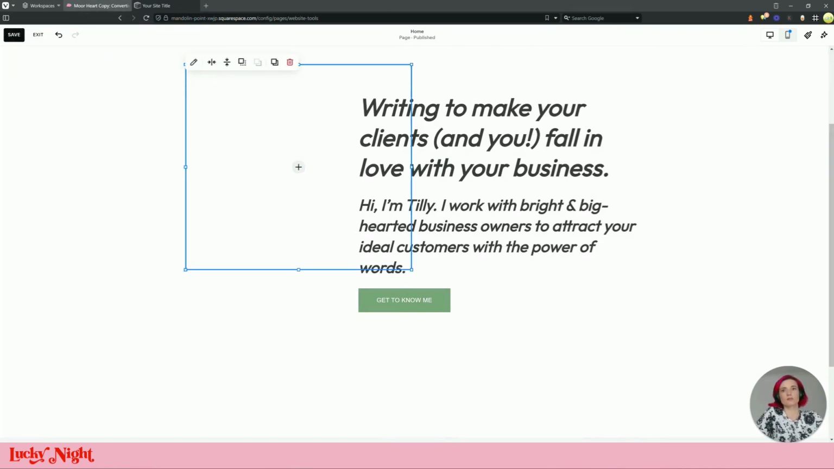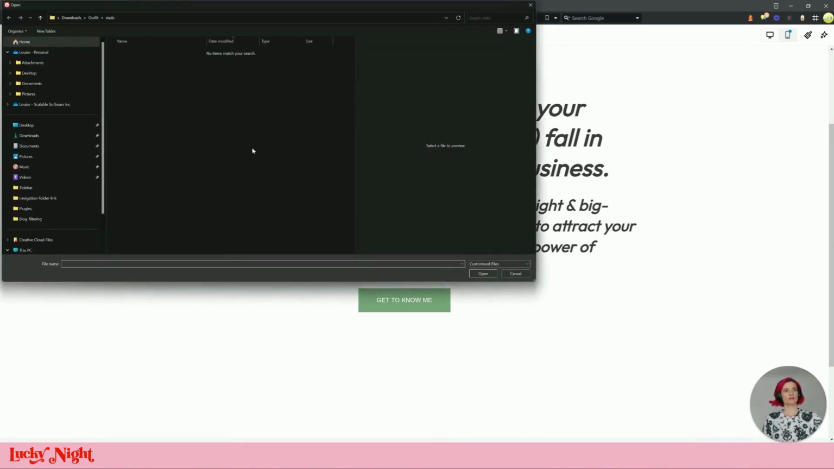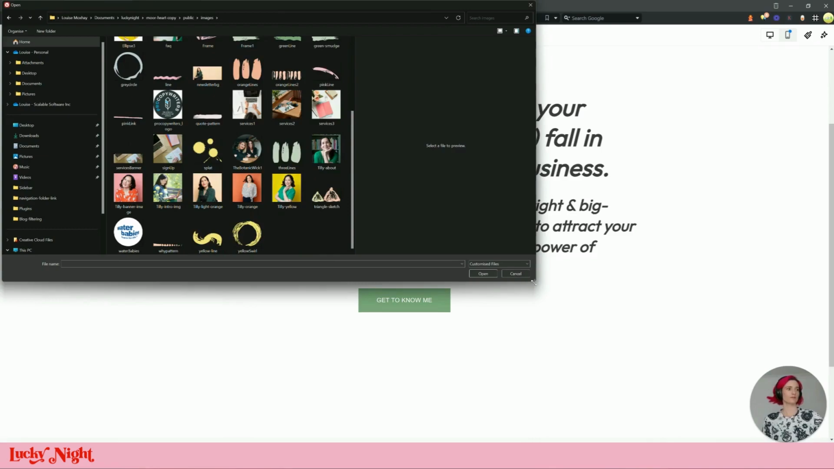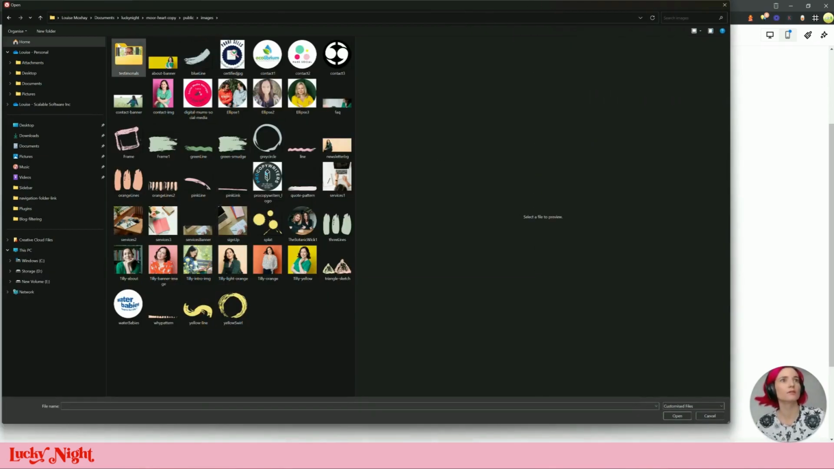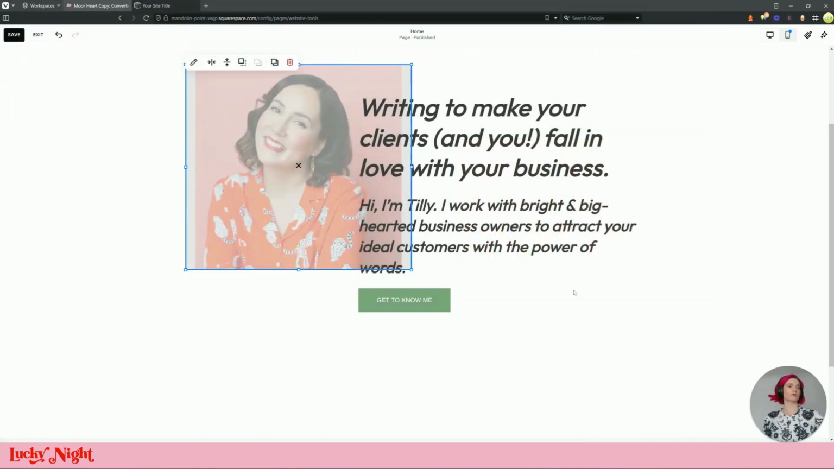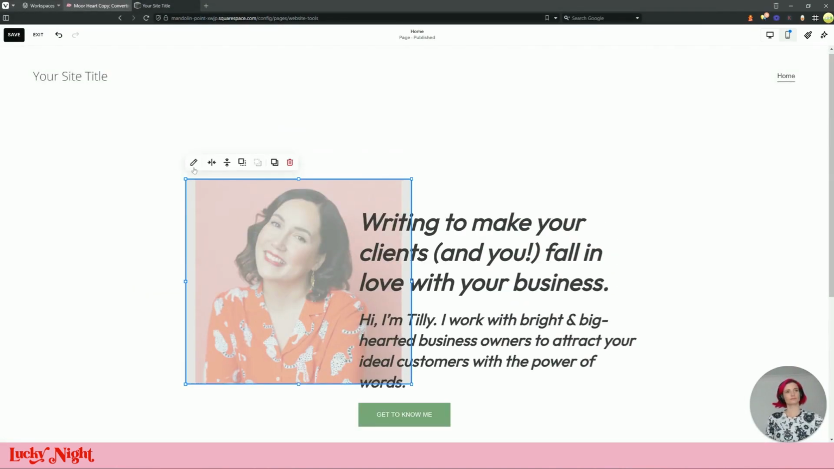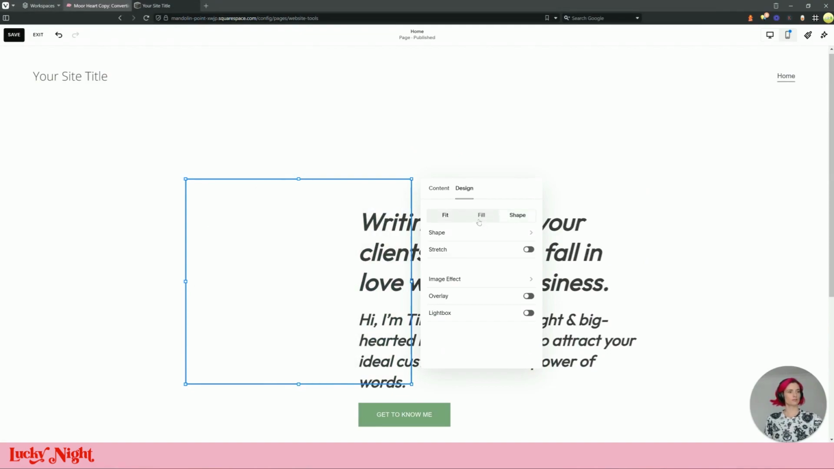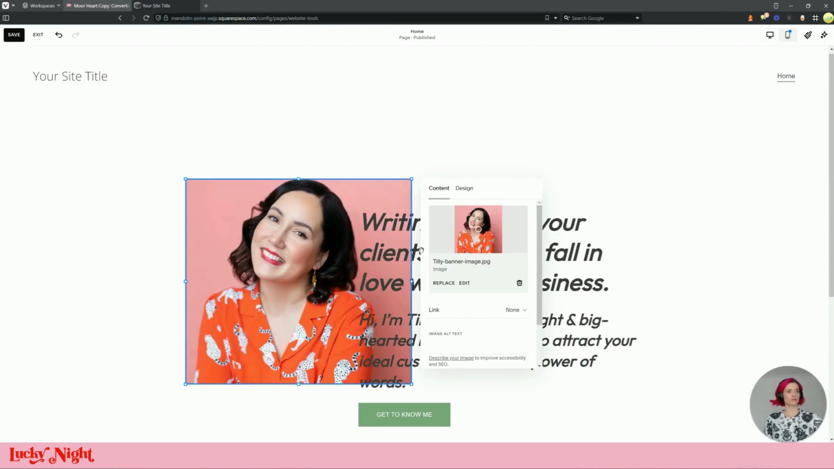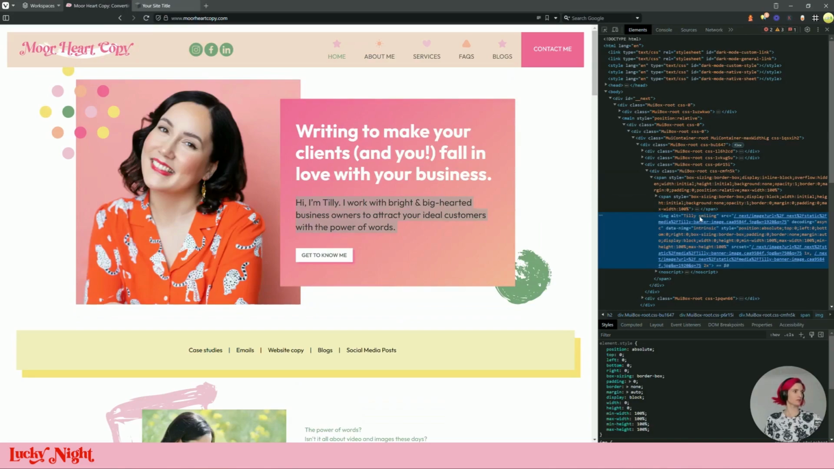So I'm going to just grab that image quickly. So let's upload the file. I actually got, let's see if I can copy this. There we go. I've got probably most of them organised. We've got Tilly banner image. Perfect. And design wise, let's fill. Content wise, I've actually already got